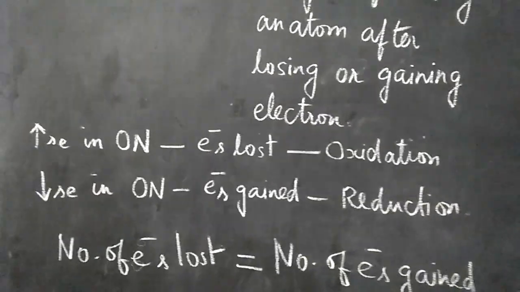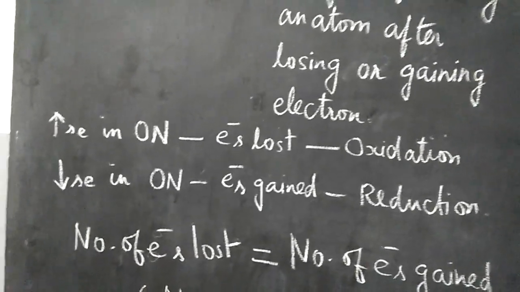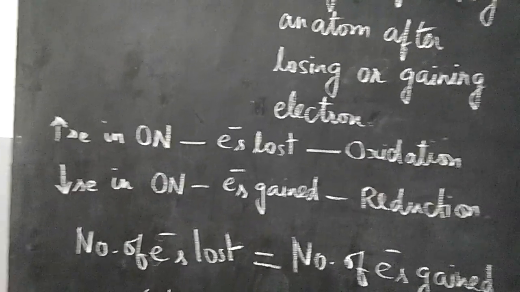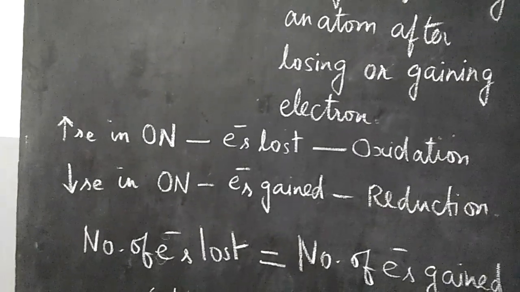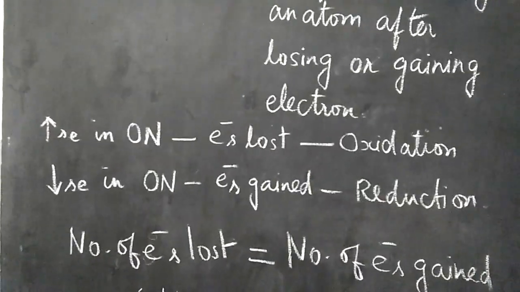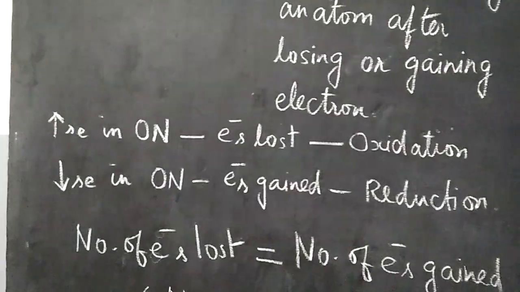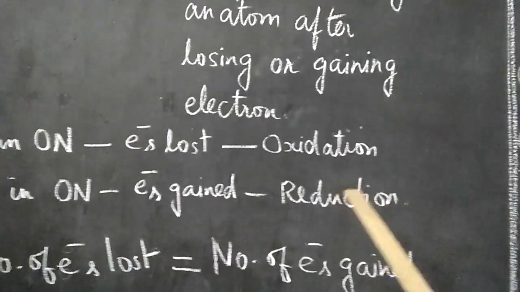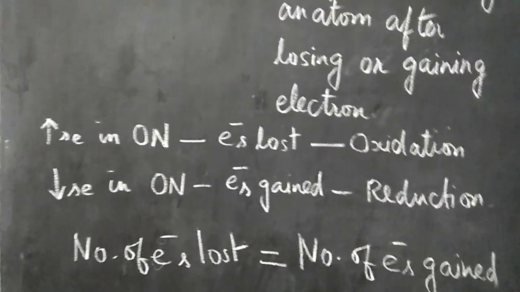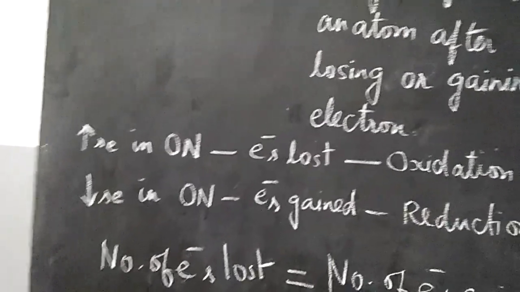See, if that element is going to lose 2 electrons, say calcium is going to lose 2 electrons, it will get plus 2 charge. Before, the charge carried by it was 0. Now after losing electrons, the charge carried by calcium is plus 2. Then there is an increase in oxidation number due to loss of electrons. We all know that loss of electrons is oxidation. So in an oxidation reaction, there will be an increase in oxidation number. So vice versa for reduction.